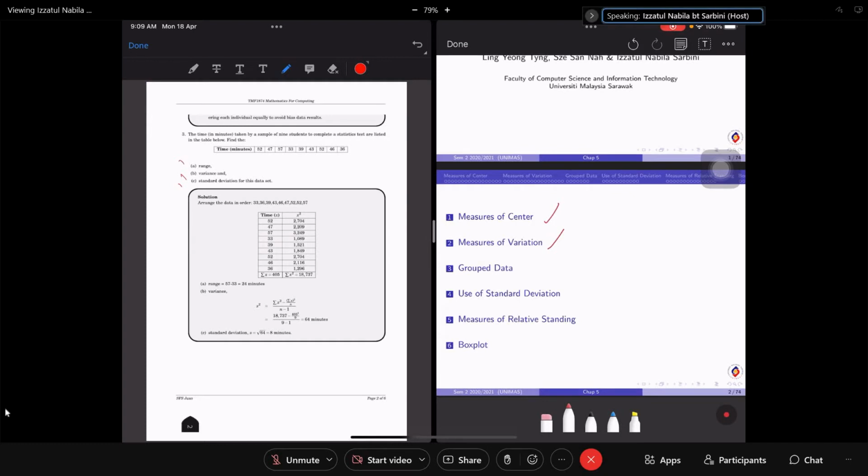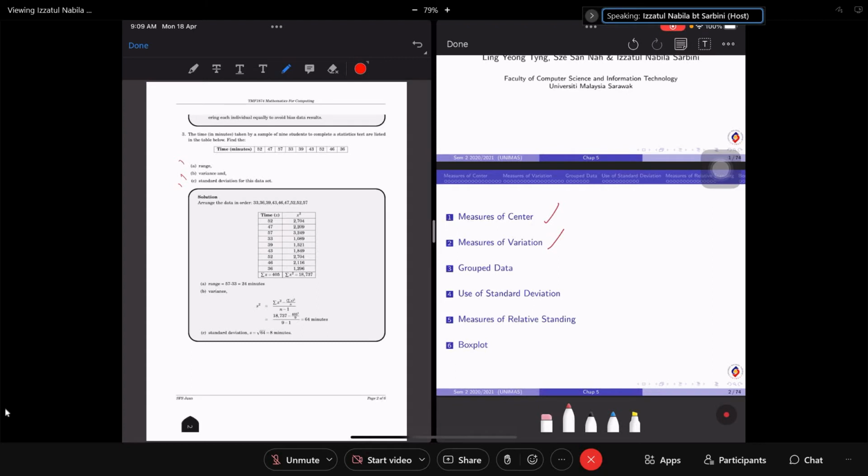Whether the data is different or not, whether it spreads or not. If it's like 5 data or 10 data, you can just look at the data, you know already, right? But if you have like 10,000 data, it is quite impossible for you to look at the data one by one. So that's where you need to calculate variance and standard deviations to see whether the data varies or